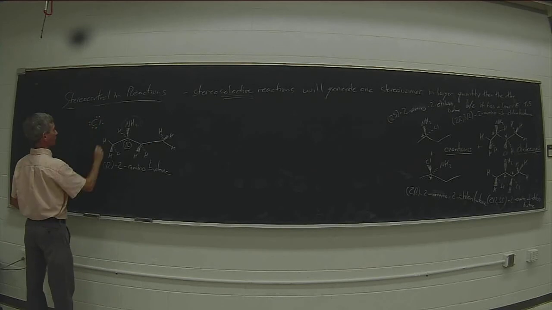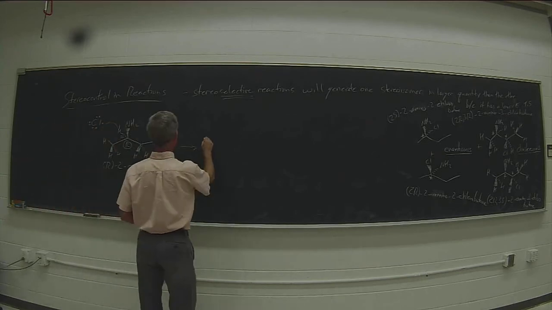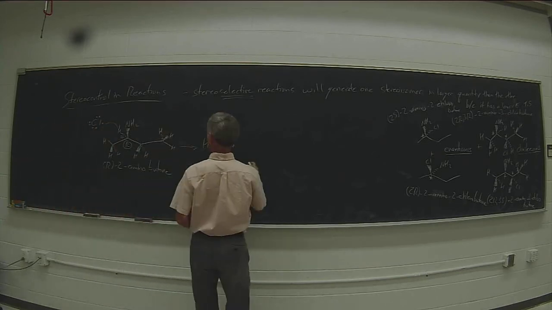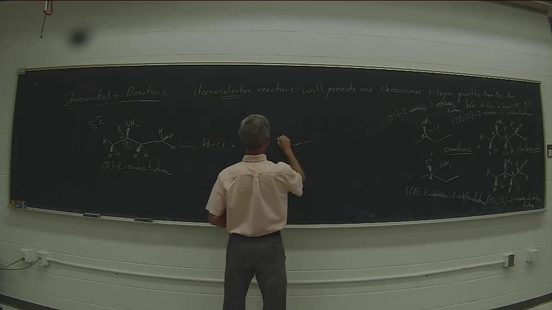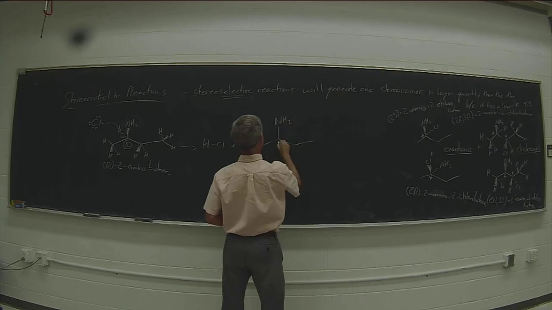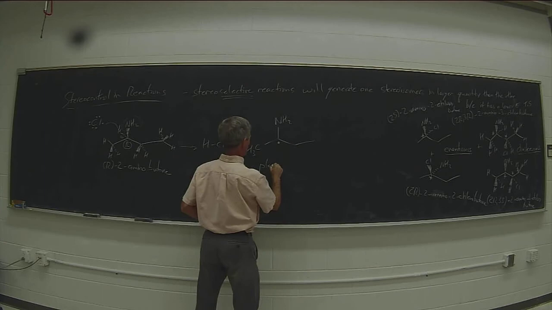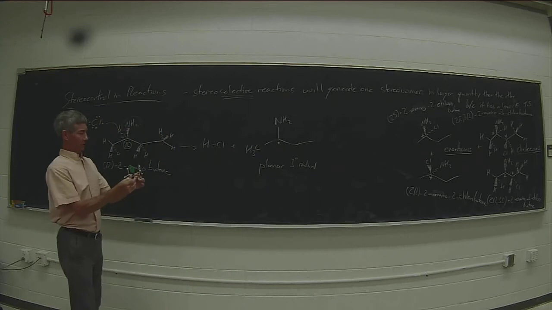The mechanism would be such that chlorine would take that hydrogen off to generate HCl and a tertiary radical. That would look something like this,